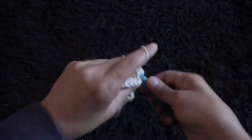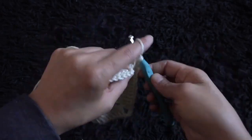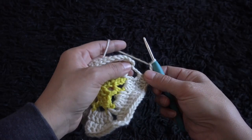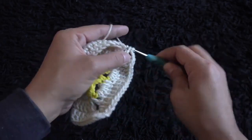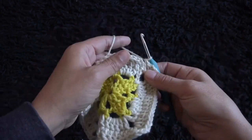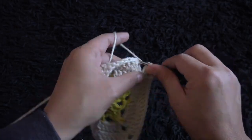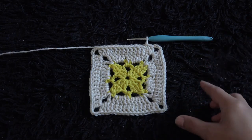Through this 3 chain loop I'll make 2 double crochet, chain 3, then through that same 3 chain loop I'll make 2 double crochet. Now to complete row 4, right here to this 3rd chain I'll make a slip stitch. This completes row 4. Now for the pattern, if you want this square to be larger, you will have to